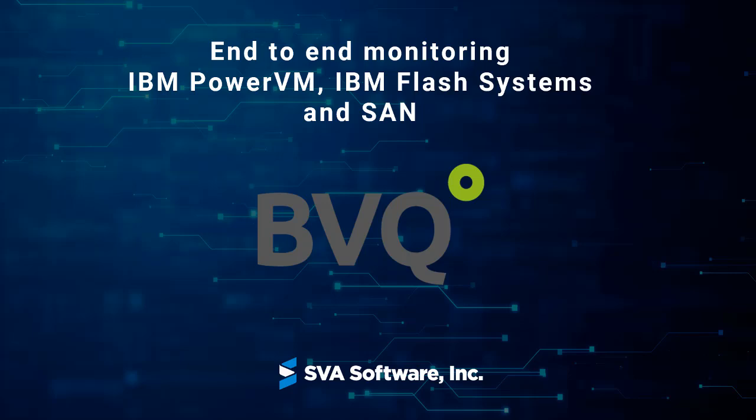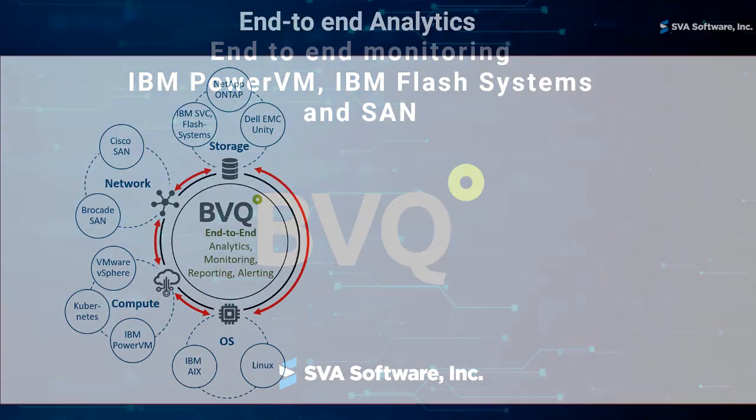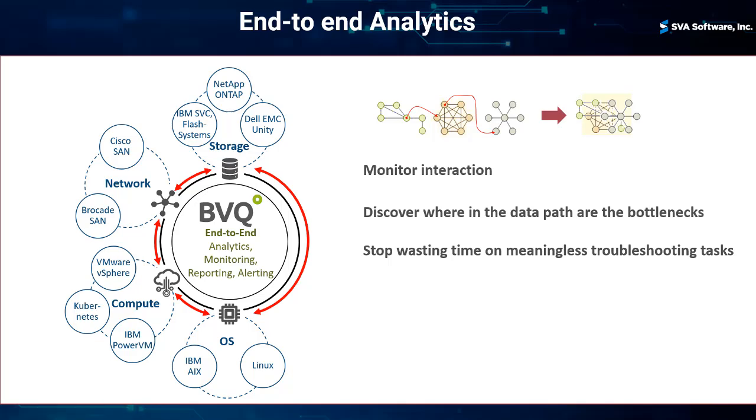Today I will demonstrate how BVQ can help organizations that are running IBM PowerVM systems, as well as IBM Flash storage and SAN, to easily identify bottlenecks in these different IT layers. And this is possible because of BVQ's key feature that allows you to follow the data path, and it knows about